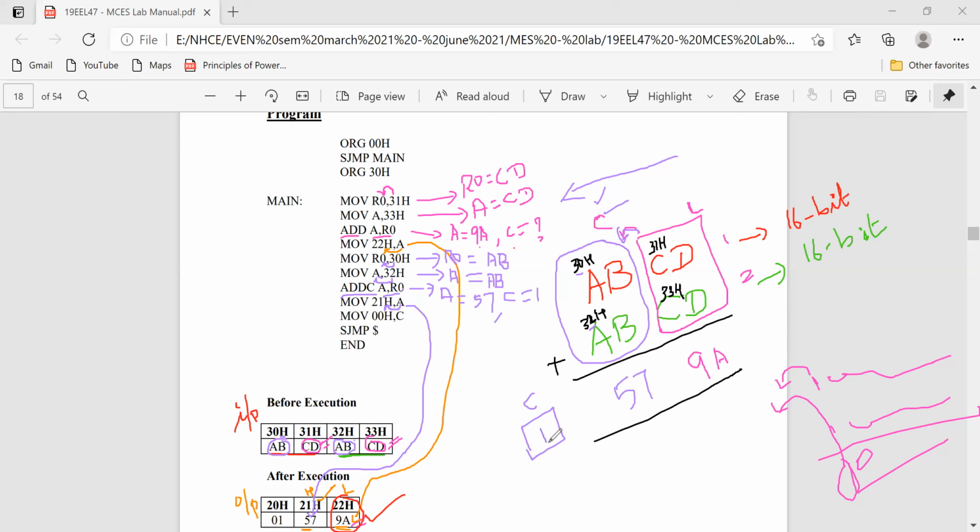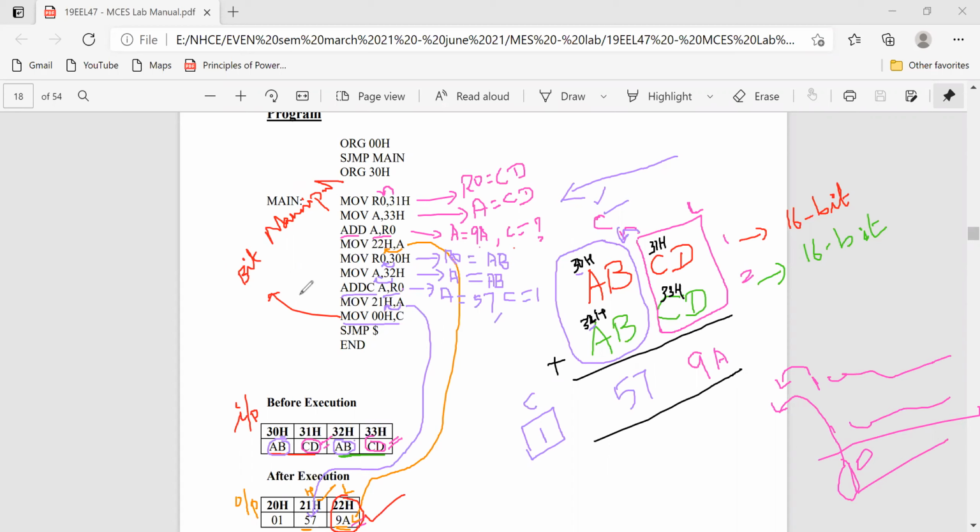Okay. So this instruction comes under bit manipulation instructions. Bit manipulation in the sense that the operation here is on a single bit.